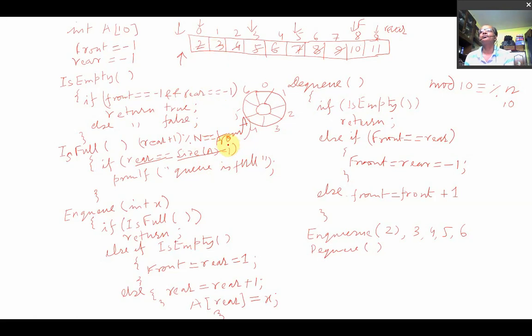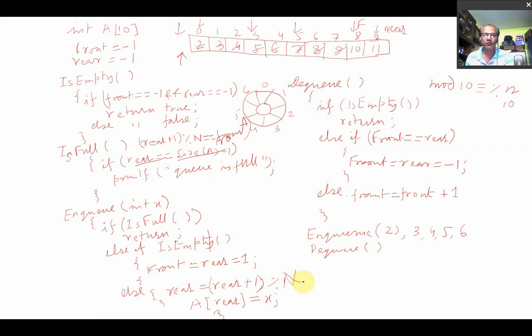And the rear is equal to rear plus 1 here. For this circular operation you have to write rear plus 1 % n, right?